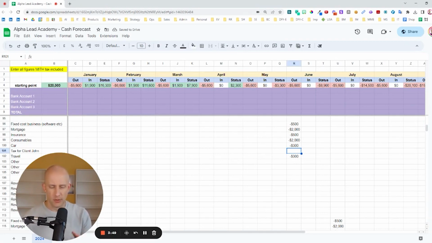You always want to be very conservative and very cautious when it comes to outflows and be less optimistic, also conservative, about inflows. So always assume more will be going out than coming in. So here you say tax for client John, and you can just add to it 6 months, Jan to June. I have to look over my microphone so I don't see my keyboard really well.